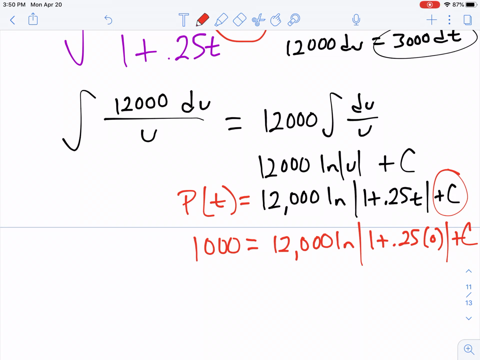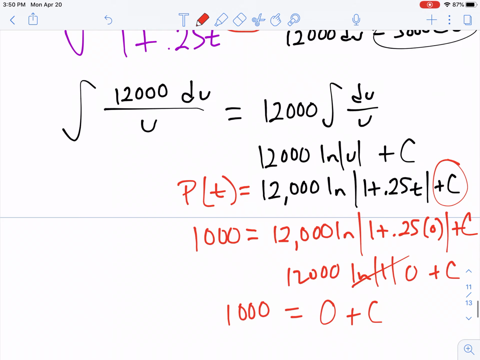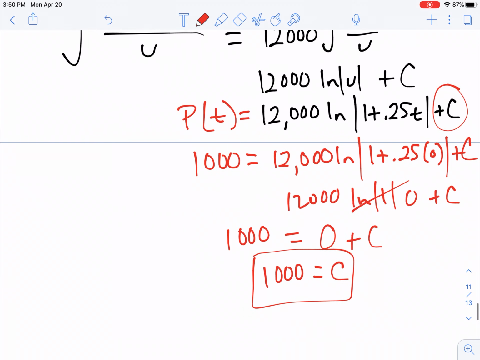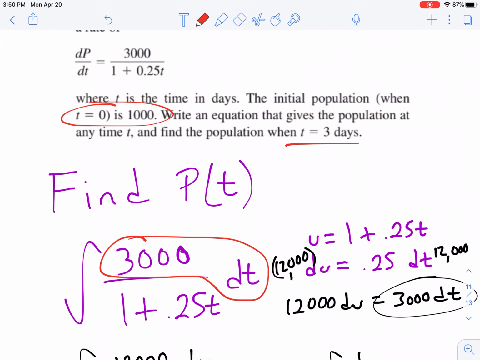So when you do all this algebra here, 0.25 times 0 is 0, 1 plus 0 is 1. You get ln of 1, which is really just 0. So it's 12,000 times 0 plus c. So it really just becomes 0 plus c equals 1,000, which is really just your c value. So long story short, that 1,000 is your c value. Okay? So now we have our function, and then the last question it asks us is find the population when t